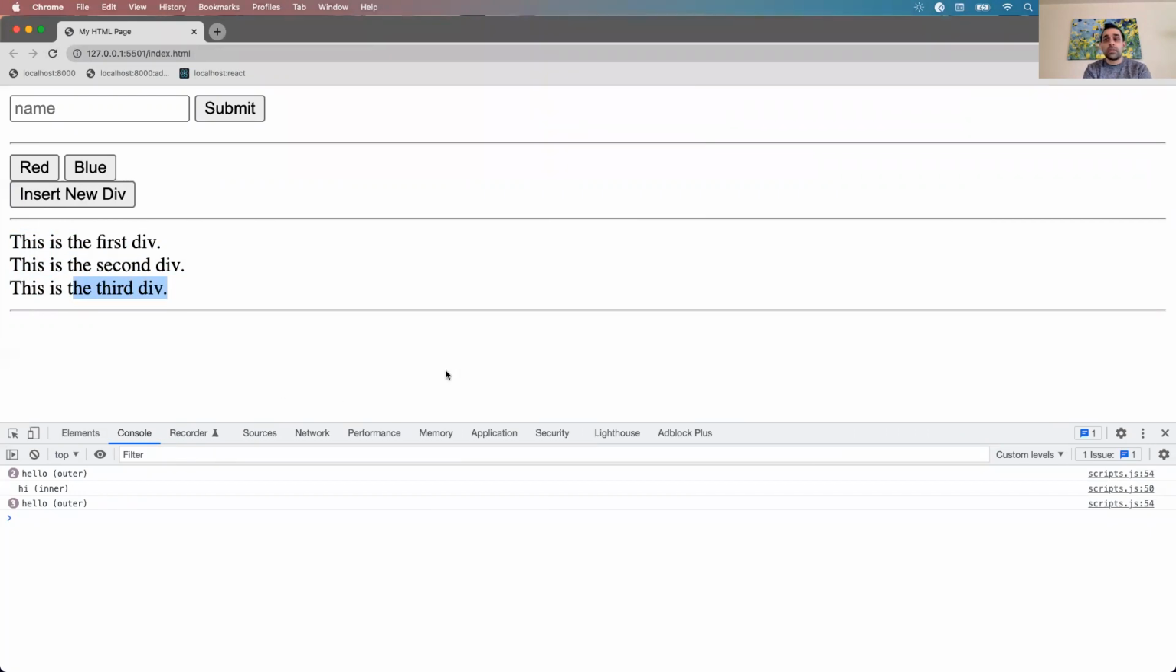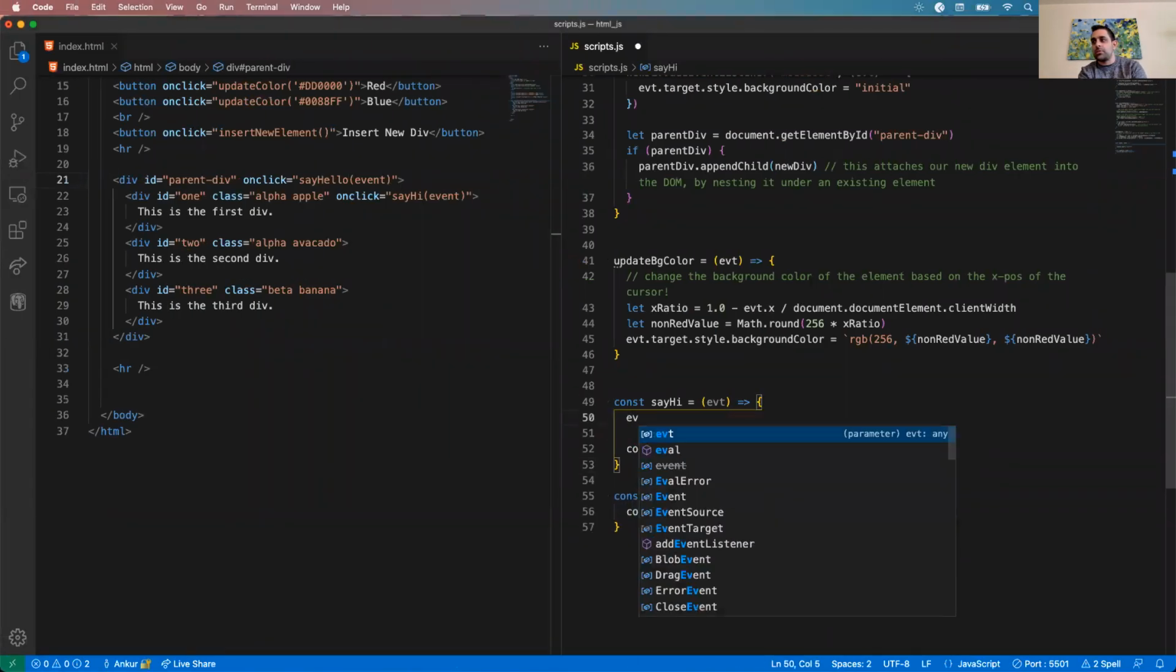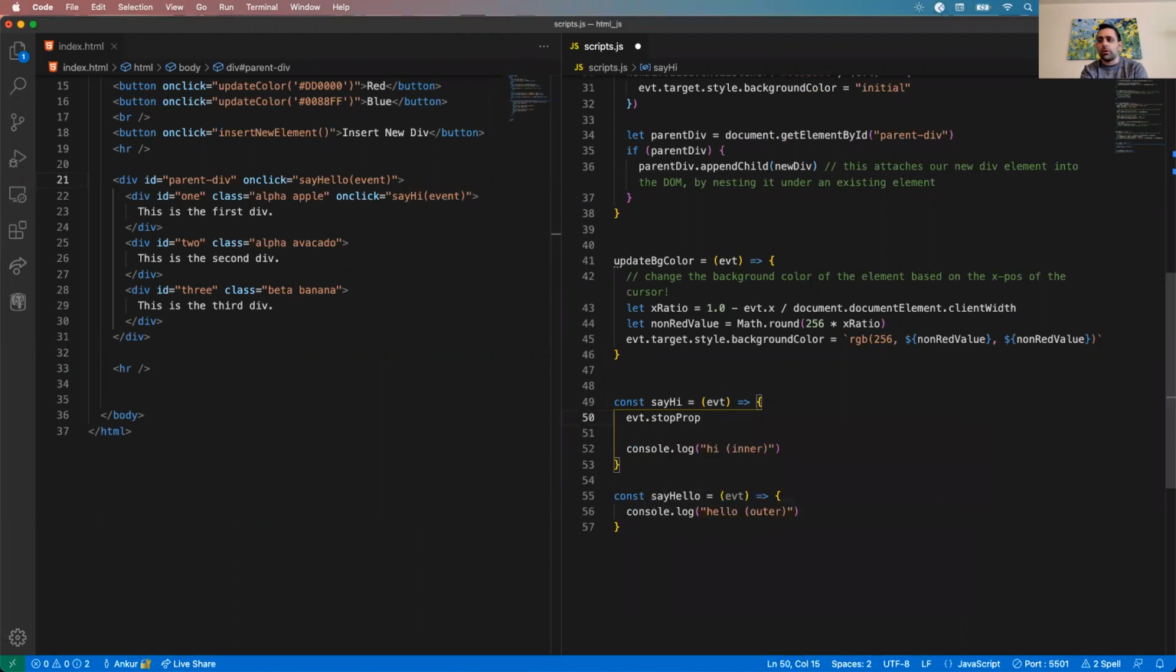Now, the question is, what if I don't want both hi and hello to be called here? This is my inner div responding and the parent div responding. One way we could do this is calling a particular method on our events. This comes from reading documentation, but the event object has a method called stopPropagation. Hopefully I spelled that correctly. This tells